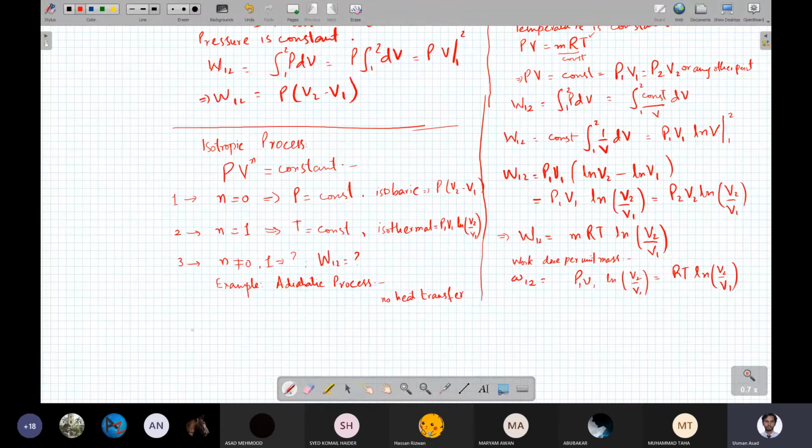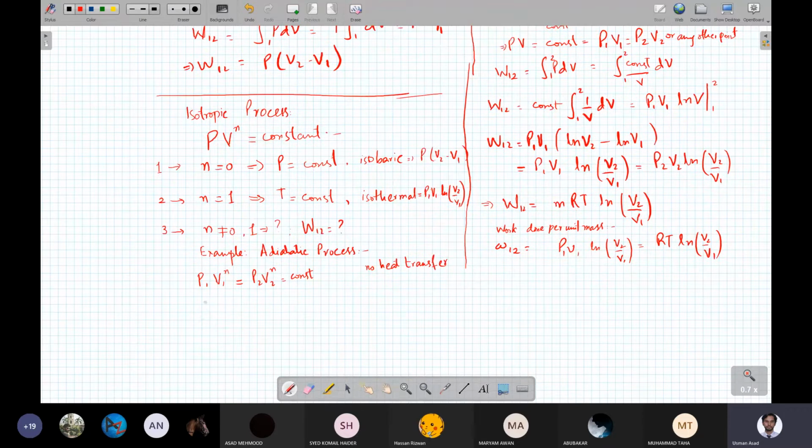And just पहले तो figure out कि what is going to be in that case the work done. So for a particular case of an adiabatic process, इस n की एक particular value भी होती है जिसमें हम 2 मिनट बाद आएंगे. But for now, let's say कि for any n which is not 0 or 1, if P1 V1 to the power n is equal to P2 V2 raised to the power n, right? And which is basically a constant,